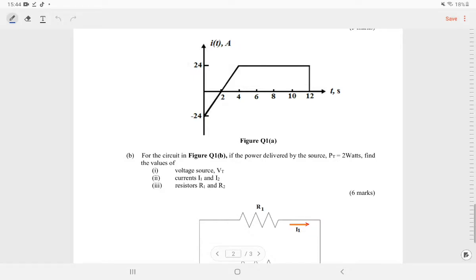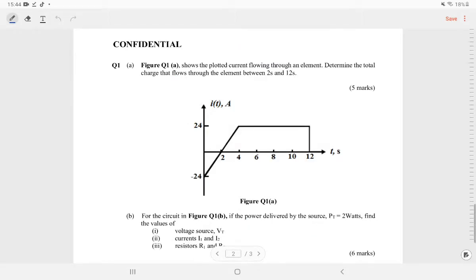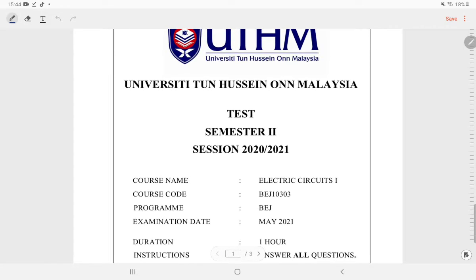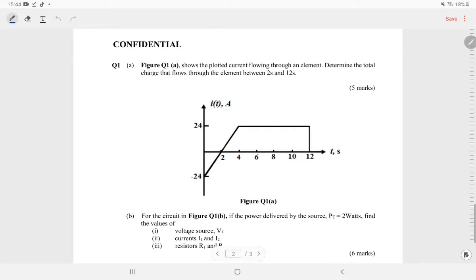Okay, saya explain sikit yang past year punya paper ni. Saya explain je, saya tak bagi jawapan akhir. Okay, saya explain. So yang untuk question 1, yang ni saya tak ingat sekejap. Ini yang test semester 2 tahun 2020-2021. Okay, so question 1,